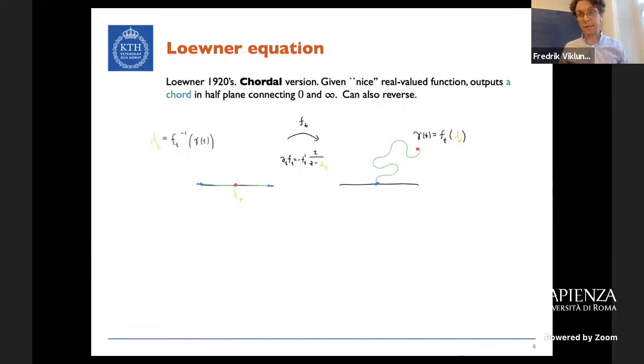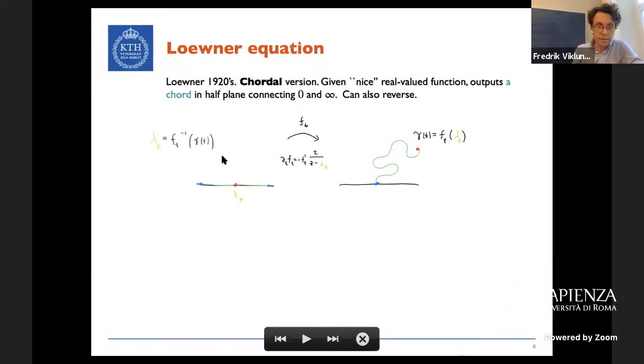So it celebrates, I guess, 100 years in 2 years. So the original paper was in 1923. So for the purposes of this talk, we can think about this as follows. So we are given a continuous function. Let's assume it's really smooth for the moment on the real line, and then we feed this or plug this